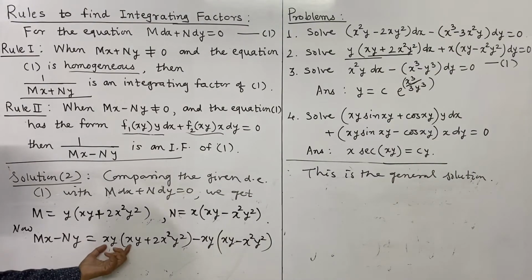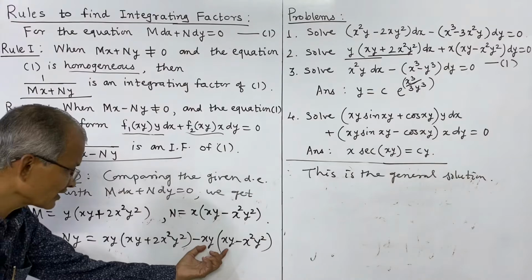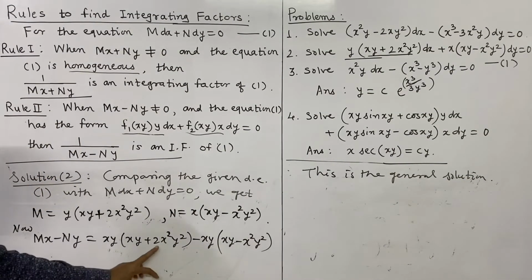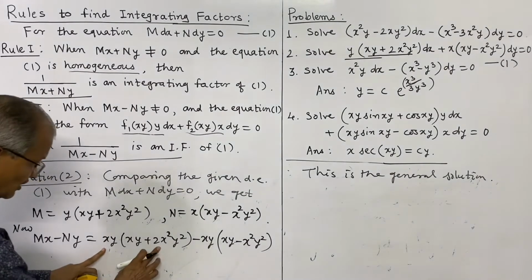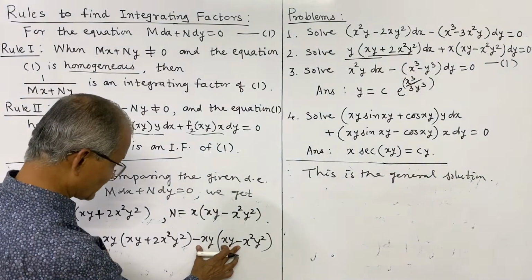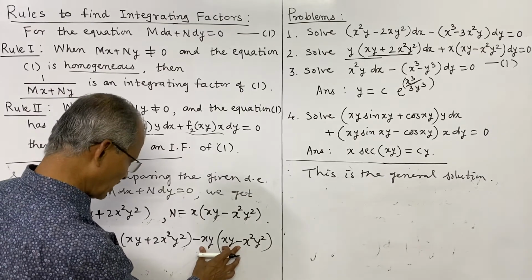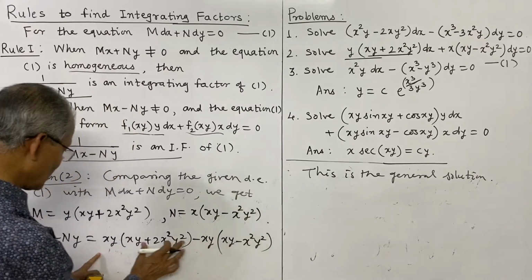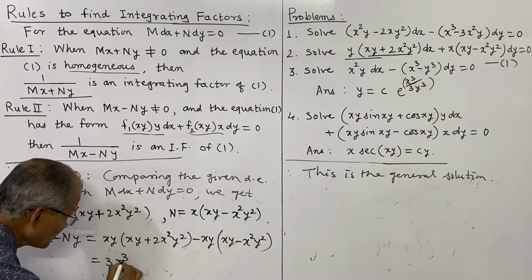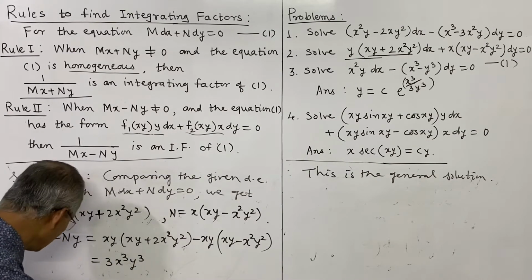So this x square y square and this x square y square, positive negative, eliminates, and what remains is this term, product of this, it is 2x cube y cube, minus of minus becomes plus x cube y cube, that is 2 plus 1, that is 3 times x cube y cube, and clearly this